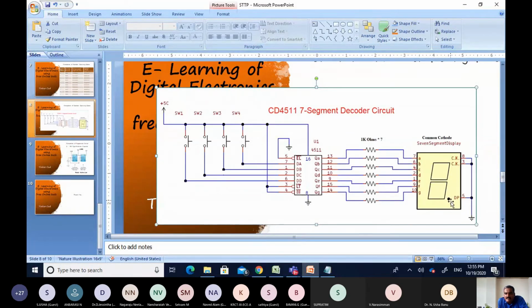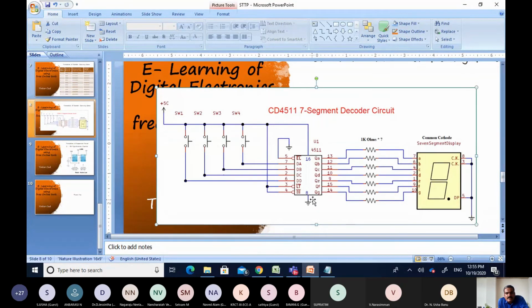I hope you are familiar with the 7-segment LED. It starts from the topmost segment as A. You have to rotate clockwise, so this will be B, C, D, E, F, G, and the last one is your decimal point. So we are going to use a common cathode configuration, right? As it is a number representation, we do not need any decimal point representation. So I am connecting this decimal point to ground as well as the common cathode to ground.